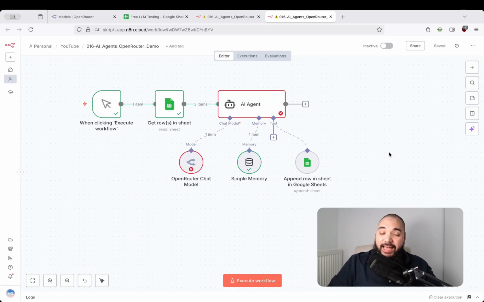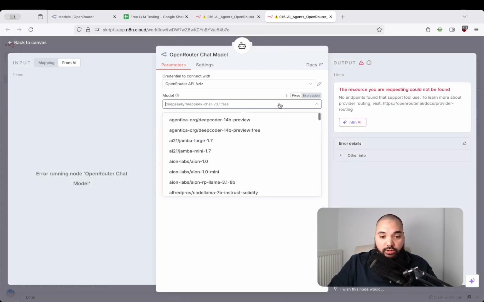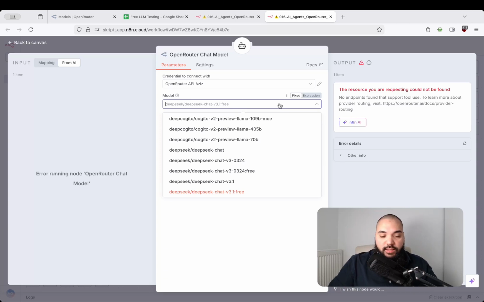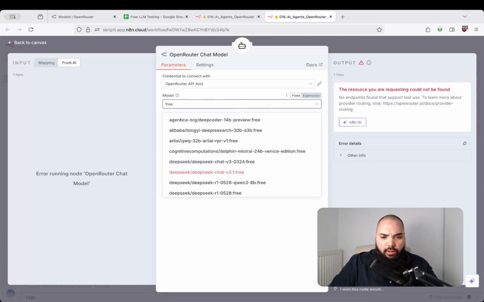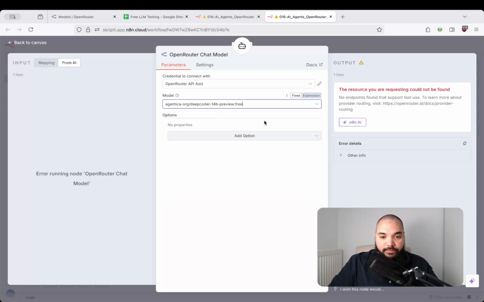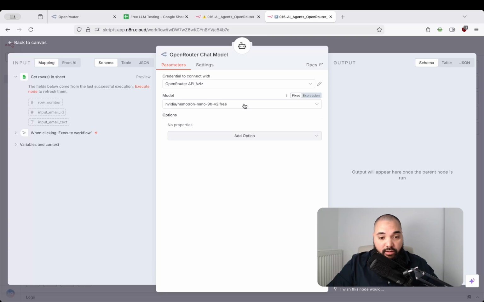And to be honest, this can happen quite frequently according to what kind of model you are choosing right here. So you might have to test this out a little, right? So I'm going to choose a different model, and I'm just going to test a couple of them and see which one of those will give us a better, or rather an answer at all. All right, I now used the NVIDIA Nemotron model, and if you want to know if and how your OpenRouter